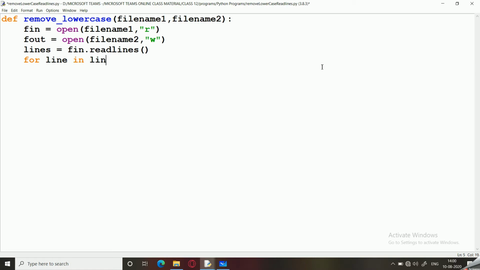For line in lines, because I have read everything in lines, so now lines is a list of strings. So I am going to now individually access each of those strings.